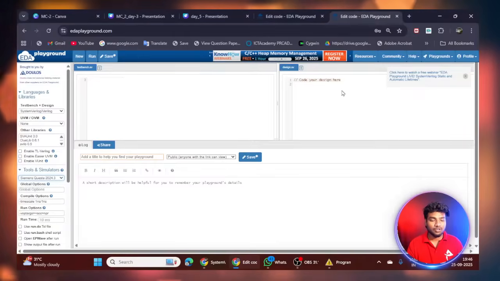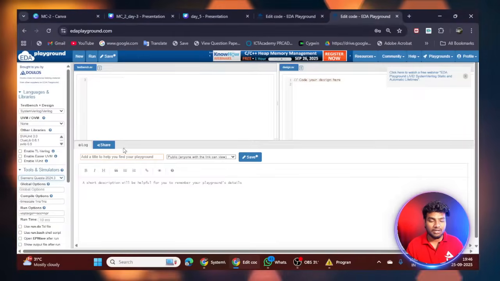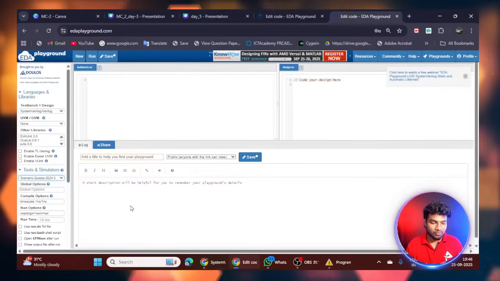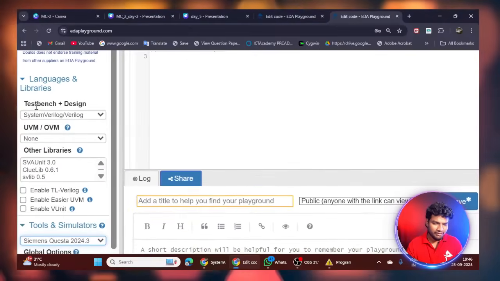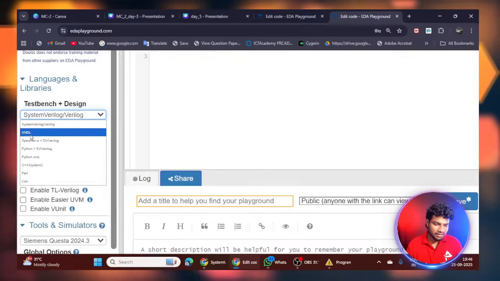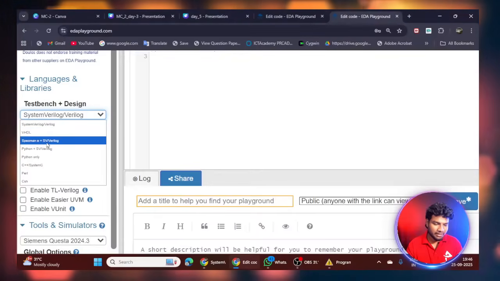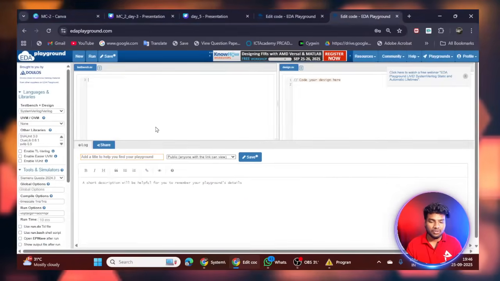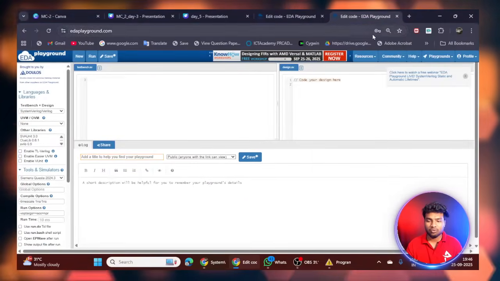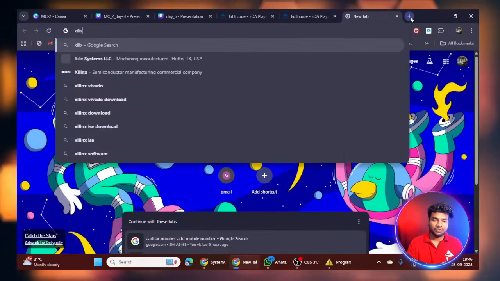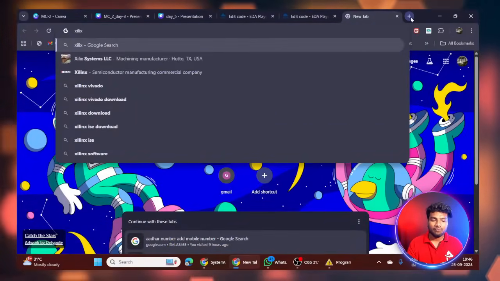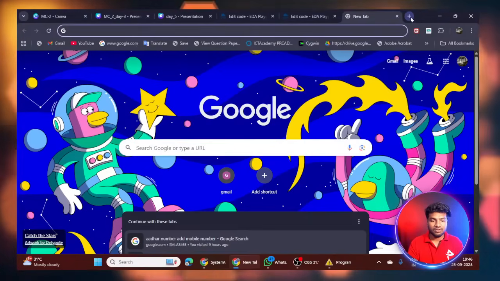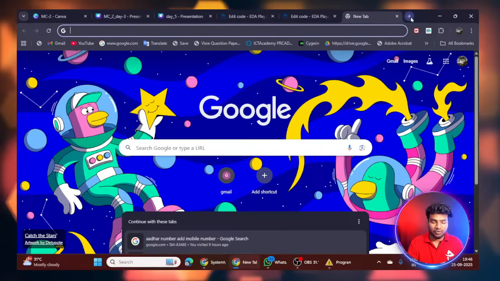So here we can write the design code, here we can write the test bench code, and here we can see the output. Here it has a language assistance option. If you click, you can see VHDL, Specman, Verilog, SystemVerilog, and Python. So we can write Verilog and SystemVerilog code in this EDA Playground. Or, if you want a real tool, you can use Xilinx while doing the design code. But in this masterclass we are mostly dealing with verification. For that we have to use one tool, Questa Sim.